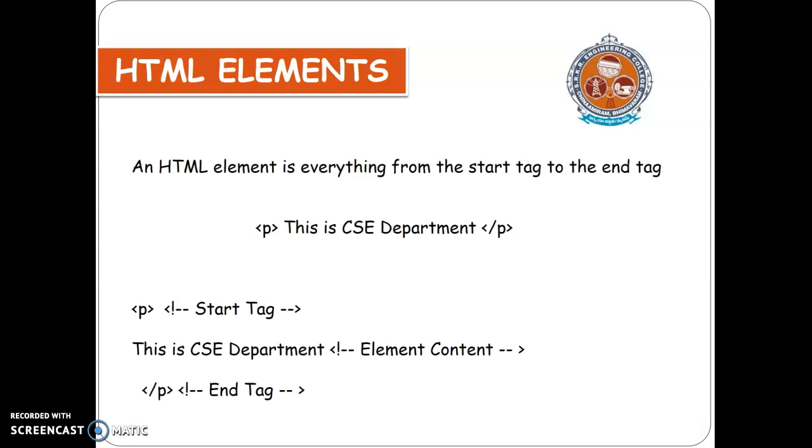For example, an HTML element is everything from the start tag to the end tag. Here P, paragraph, starting tag and ending tag, is followed by a slash. Here the start tag and here the end tag. This indicates the start tag for comments.